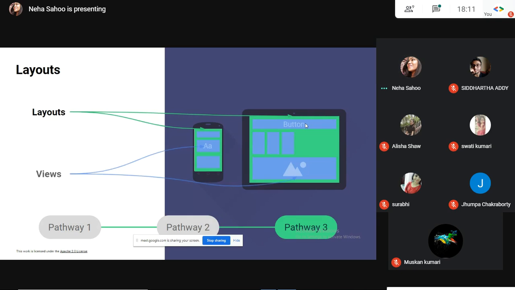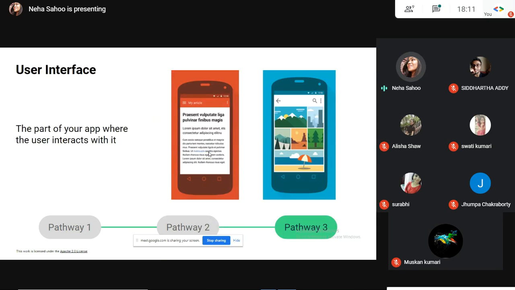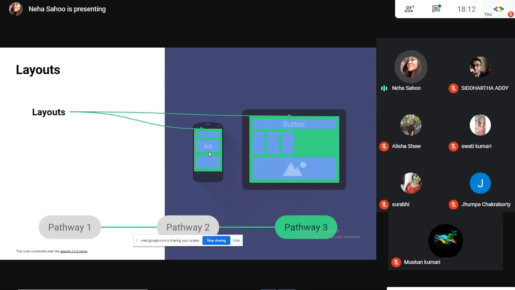And we have views. Anything that you see on your screen that lets you communicate is basically your view. So let's go again and connect all these things. User interface is something that lets you communicate, and this user interface has a lot of elements. Each of these elements is known as a view. The views that we are talking about, like text view, button view, image view, are all UI elements.